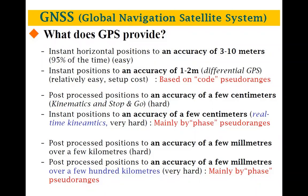GNSS, Global Navigation Satellite System. What does GPS provide? Instant horizontal position to an accuracy of 3 to 10 meters, 95% of the time, is easy. Instant position to an accuracy of 1 to 2 meters,